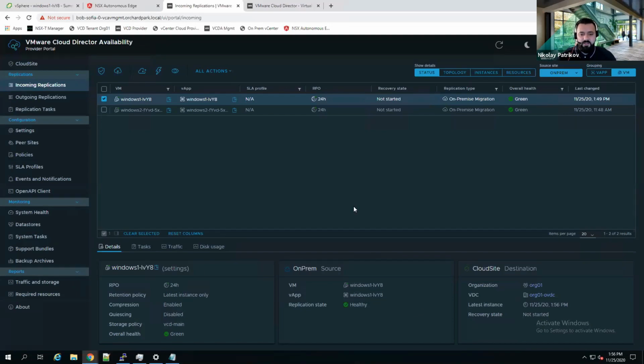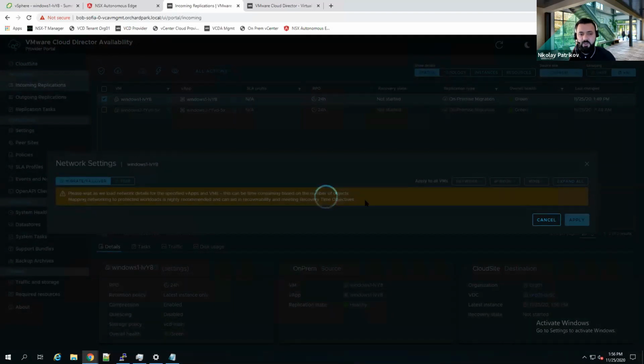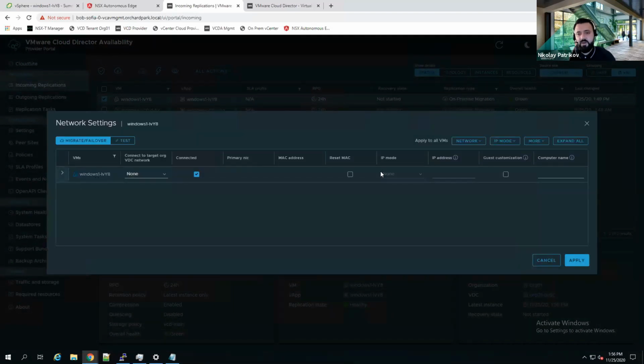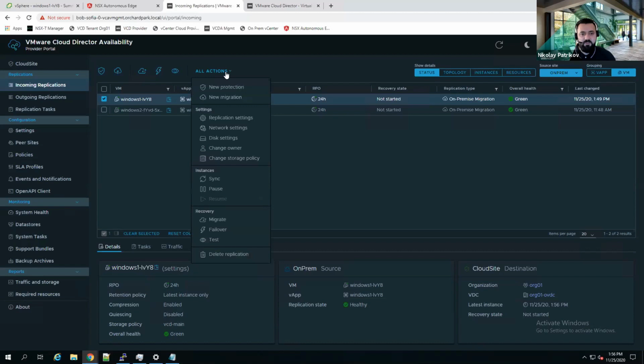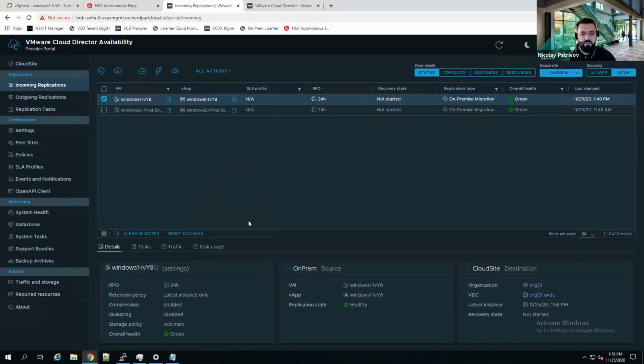Okay, so we can see the replication is already done, the initial sync of the replication. And what we can do here, in case we don't have the layer 2 stretch, we can change the network settings of this VM, and we can reconfigure them for the new target site. But in our case now, we don't need to do anything because it is already using the same gateway and same network settings. So now the second step is to actually migrate the VM itself, and I can just run the migrate